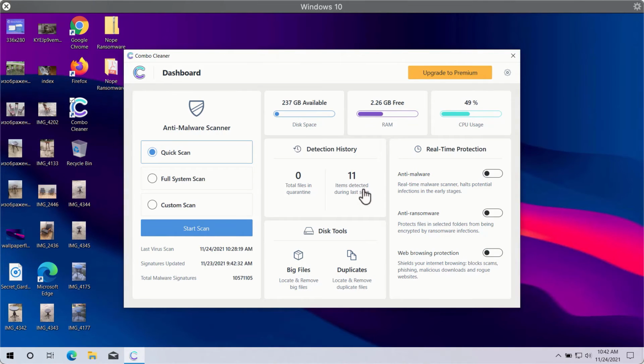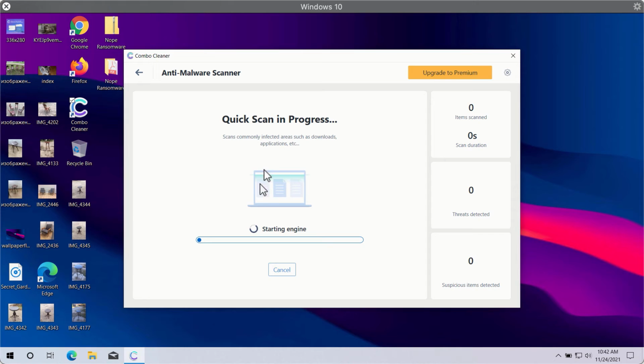After you successfully download and install Combo Cleaner antivirus, you will need to select your preferred scan type. In fact, there are 3 scan types available. They are Quick Scan, Full System Scan, and Custom Scan. However, Quick Scan is only available in the trial version, whereas the premium version gives you full system scan and custom scan options. So you need to click on Start Scan button in order to let Combo Cleaner begin the research